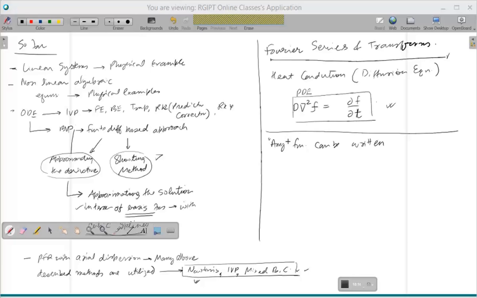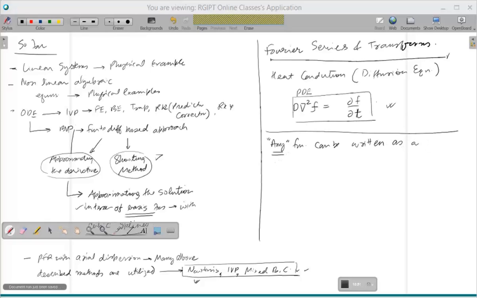This "any" is within quotes because some properties have to be satisfied, but being engineers, we'll assume all such properties are satisfied. I'm not going to give details of differentiability, continuity, etc. So suppose I have a function which is sufficiently smooth, and it can be written as